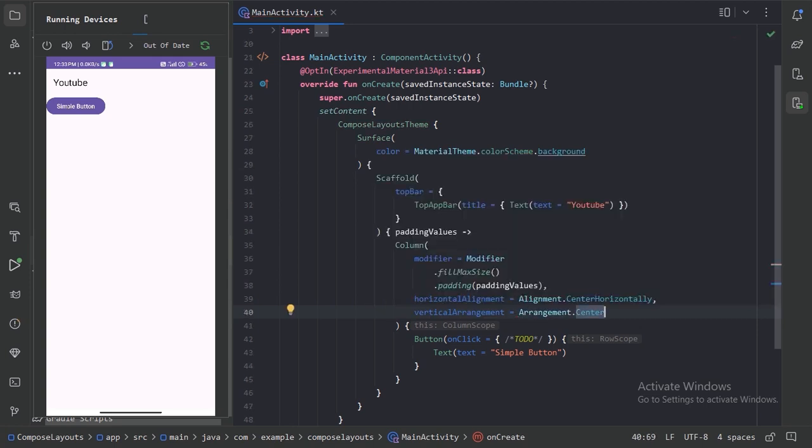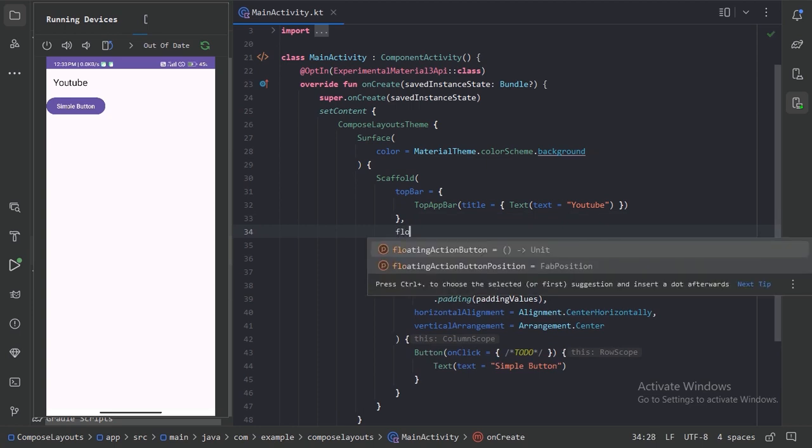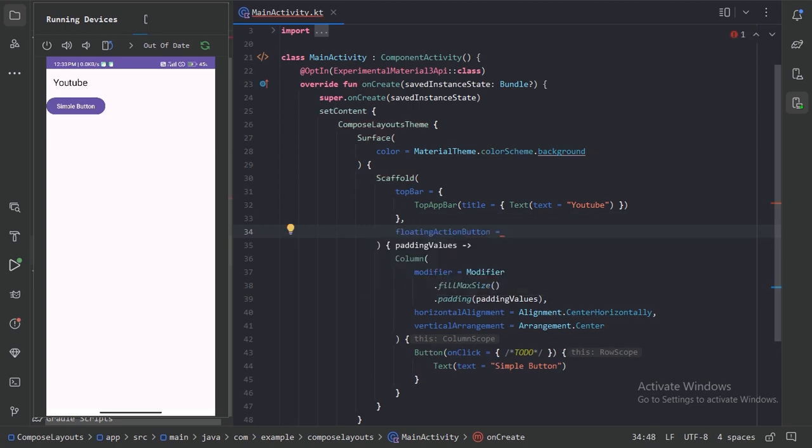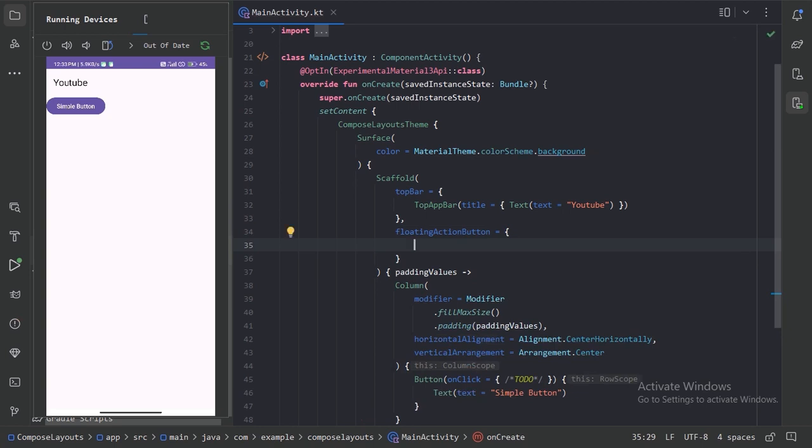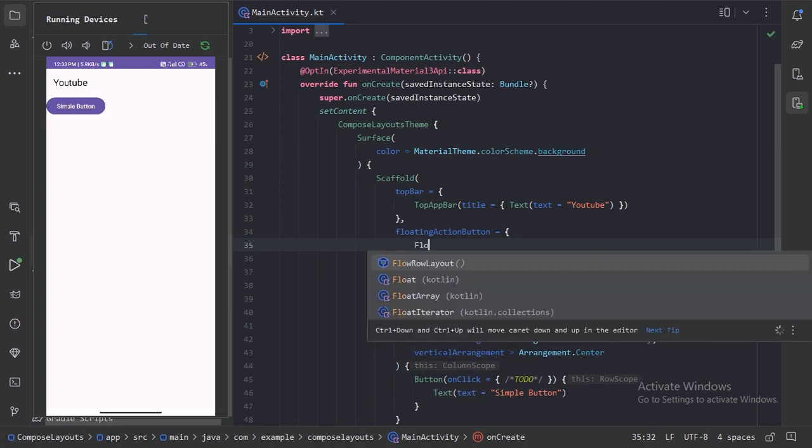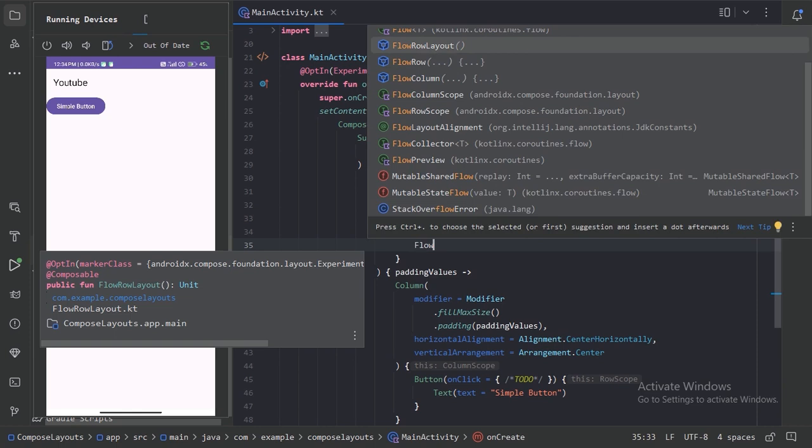So what more parameters do we have in this scaffold? We have this floating action button. So this floating action button is used for a primary action in the app. So here I will just use a default floating action button which comes with the material 3 library.